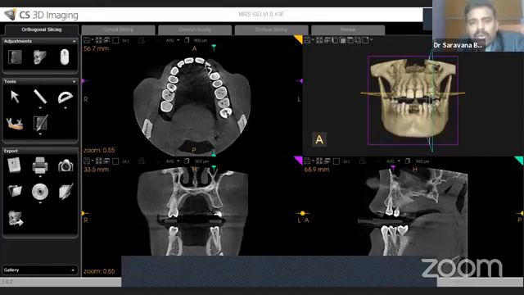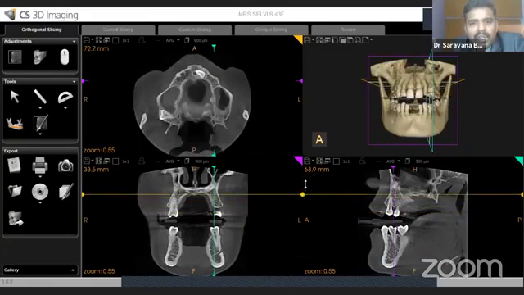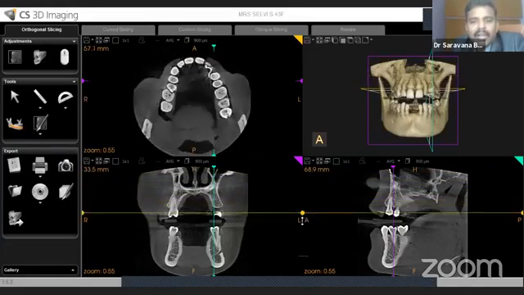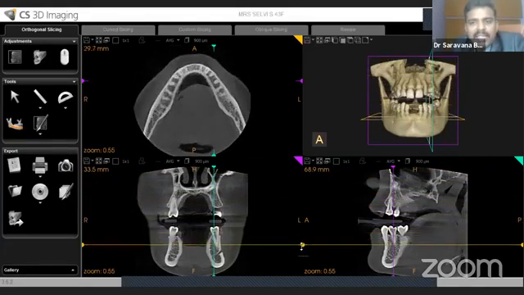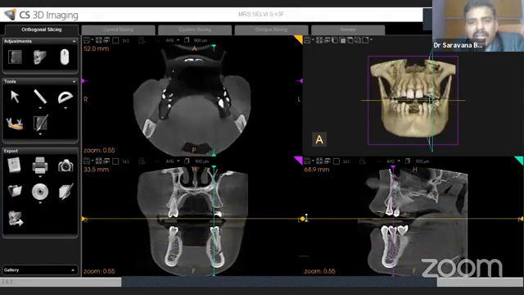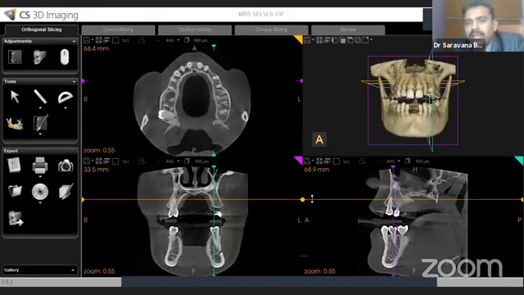Okay, if you want to move the axial slice, search for the blue color button here. If you move the blue color dot, you can move the axial slices. You can analyze which area you are moving. Just look at the three-dimensional image in the corner. For example, this axial slice is located in the maxillary alveolar bone level. Can you analyze there is an impacted tooth number 18 here. It is a buccoverted impaction.